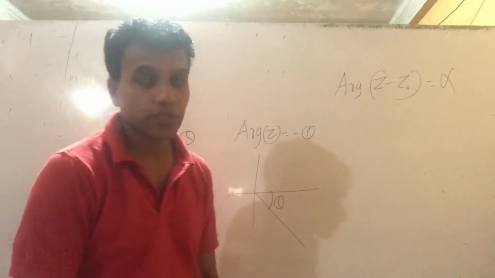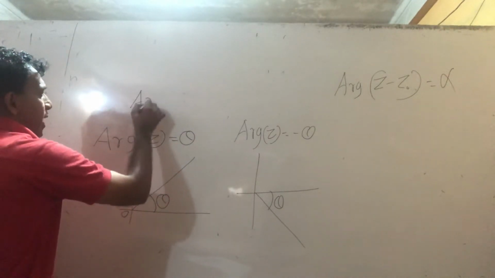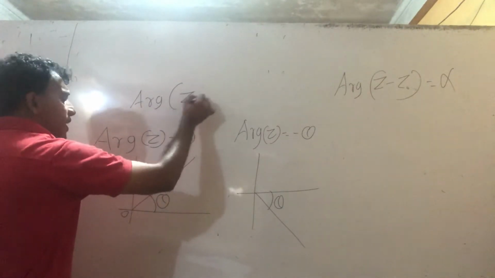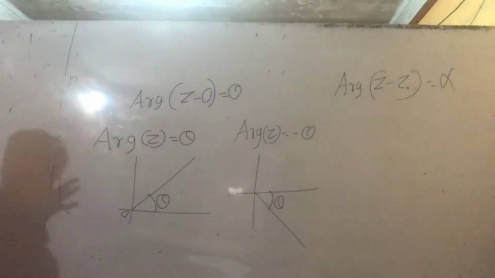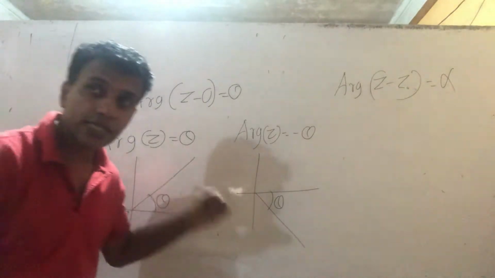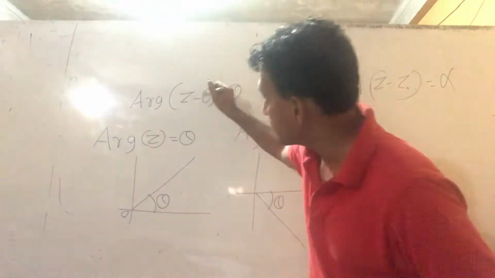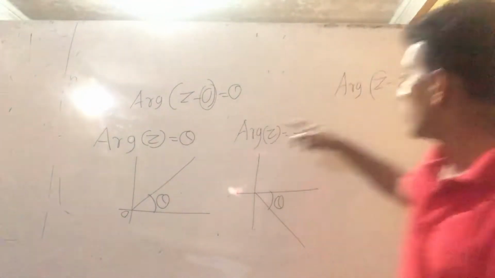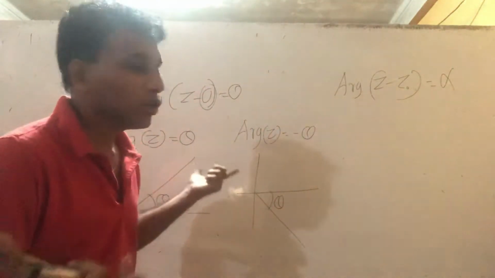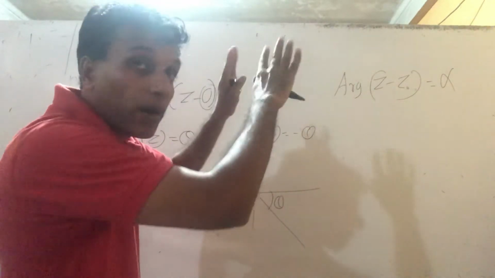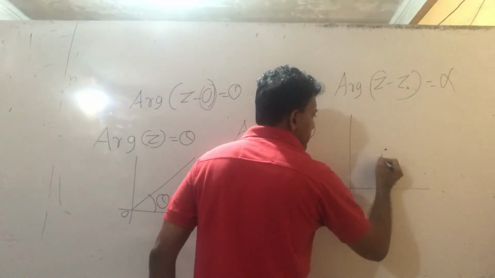How is the locus? See, actually, argument Z, if I expand that, is argument of Z minus 0. Think like that. Therefore it passes through the origin. So here it passes through Z naught, right? We don't know where Z naught is, so this is random, the theory part I am showing here. So maybe like this. If I mark the point Z naught here,